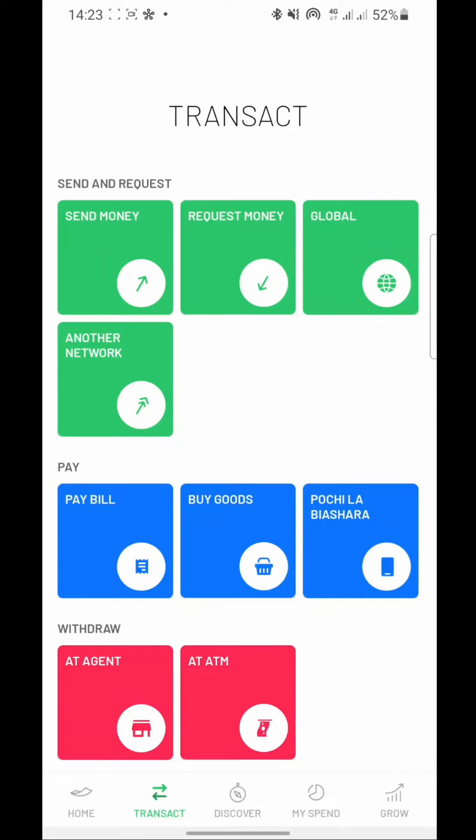Hello, welcome back. Today I'm going to take you through how to pay for the SGR through the M-PESA mobile